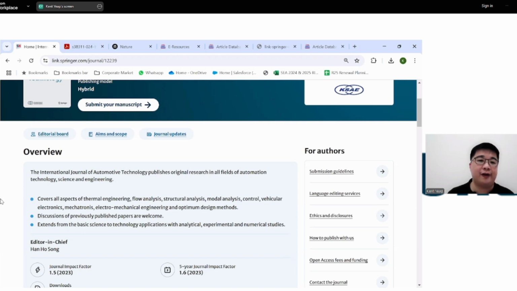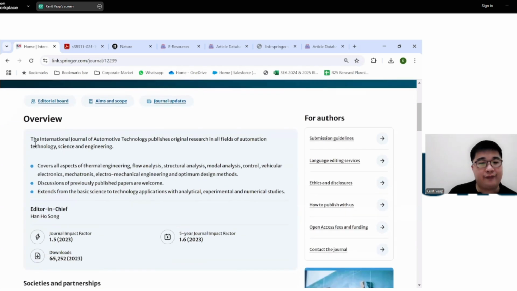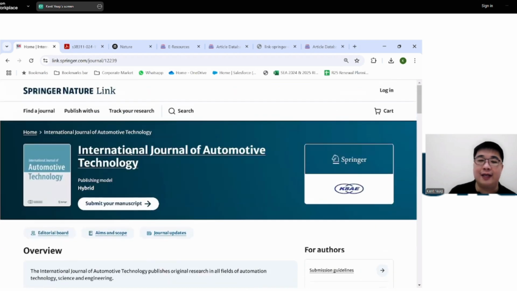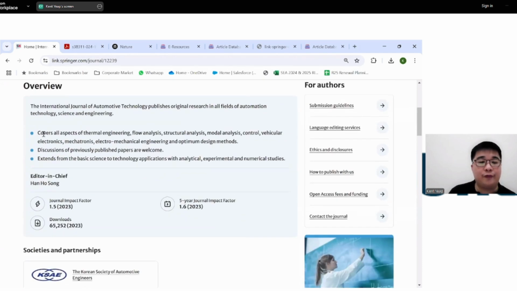Right, and to do so, there are a few important things to highlight, and this works the same for every journal, regardless of who they are published by. First of which is, just first read the overview, right? Understand what the journal is about. It obviously talks about automotive technology, but you will know a little bit more specifics about what the journal is showcasing.